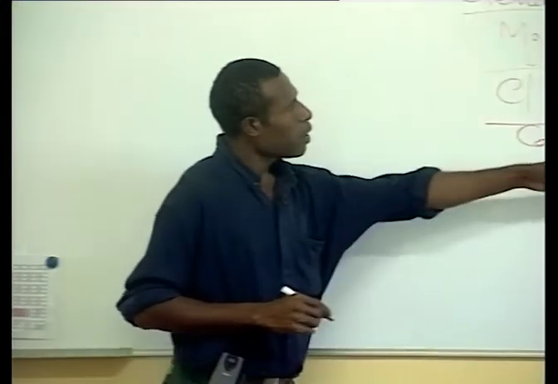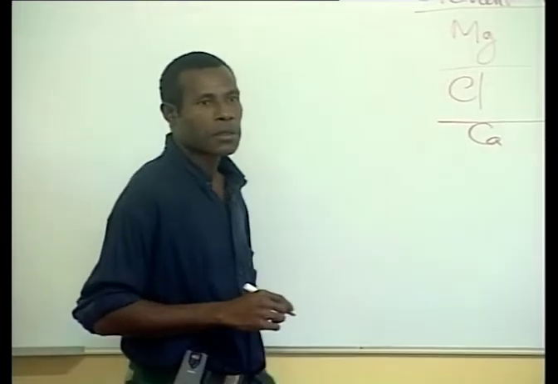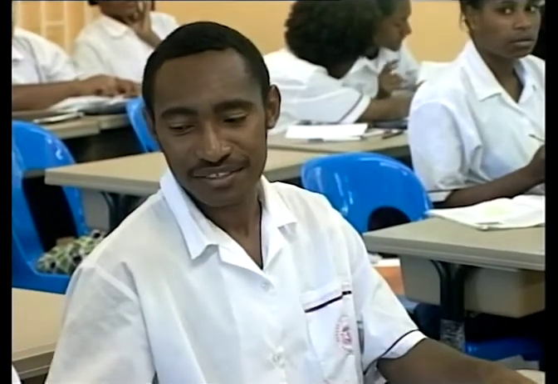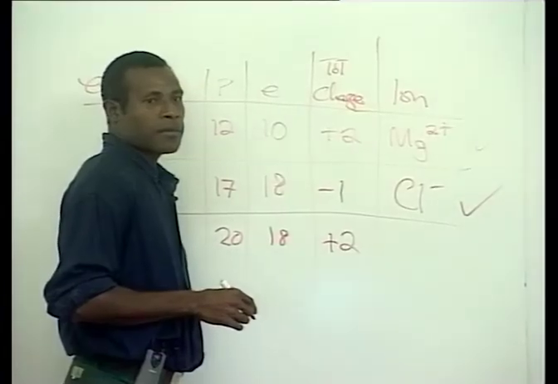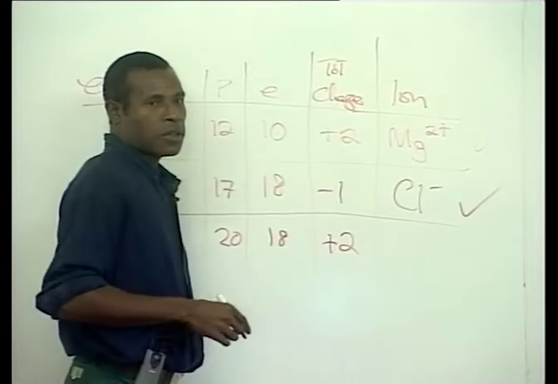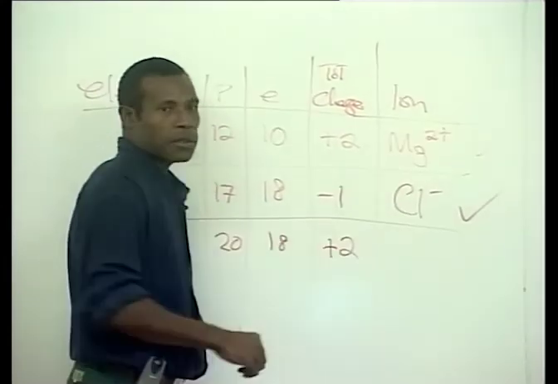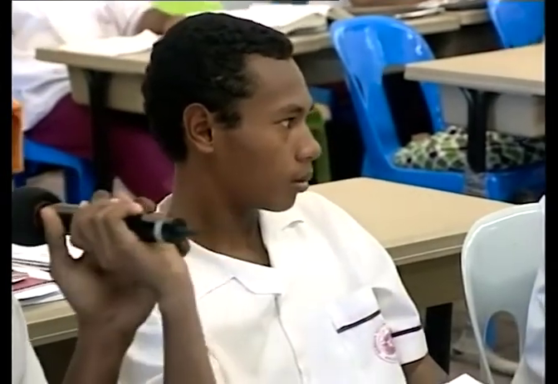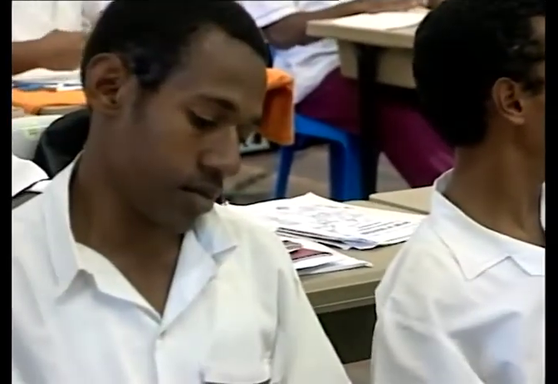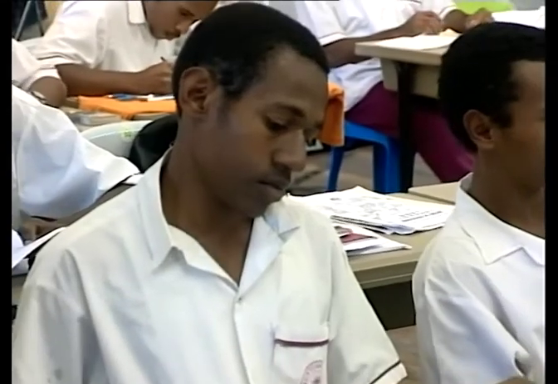And the total charge will be plus 2. What do you think will be the ion? Ca2+. Okay, you have Ca2+. That is correct. And finally, we just go on to the last two,